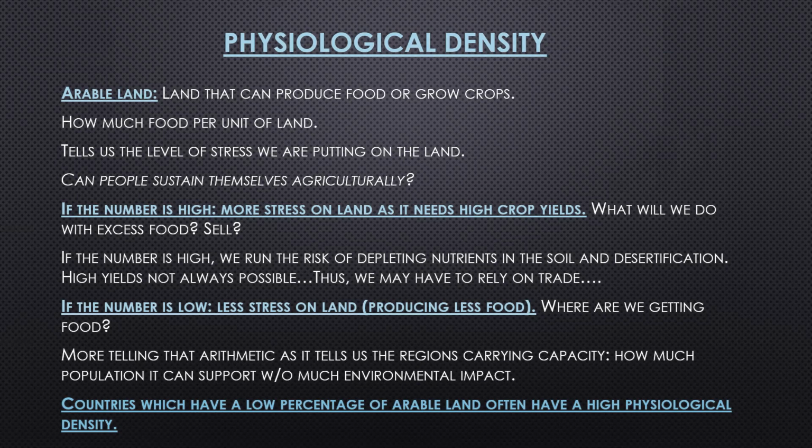Again, it's more telling than arithmetic density, physiological, because it tells us the region's carrying capacity, how much population it can support without much environmental impact. And you don't have to do the work here, but geographers have determined the percentage of arable land within countries. So when you get a piece of data, you'll be able to tell the percentage of arable land. And countries that have a low percentage of arable land often have a high physiological density,